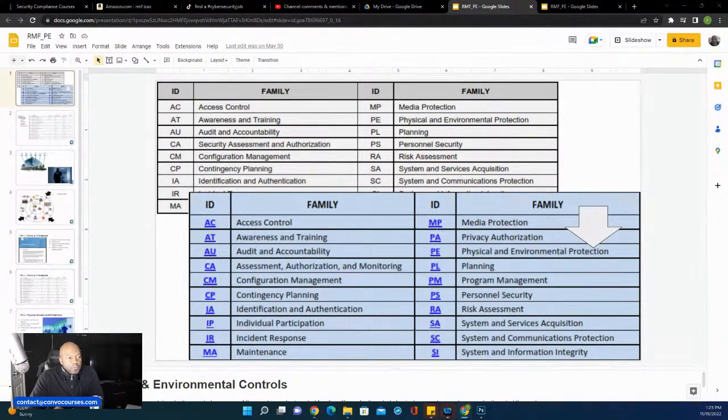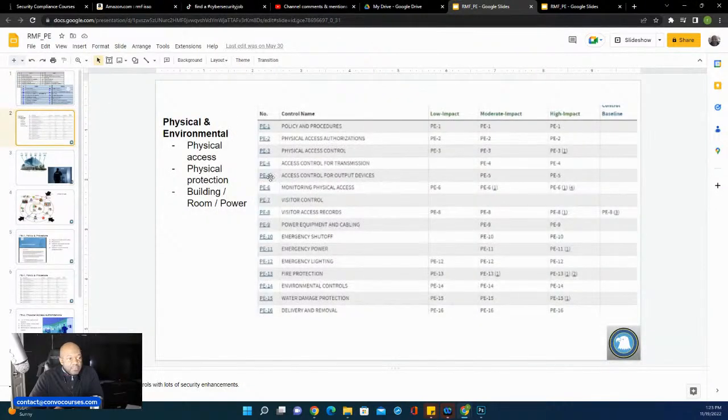All right, so let's break this down. Whenever you get into this as a cybersecurity person, you're wondering, how do we protect this? What do we do to protect these security controls? Well, there's a set of physical security controls that you have to meet. One of those is a policy. It always starts off with a policy. The policy is the organization's breakdown of what we are going to do. What is our organization going to do to protect physical security?